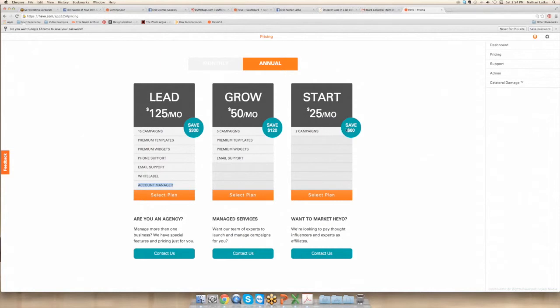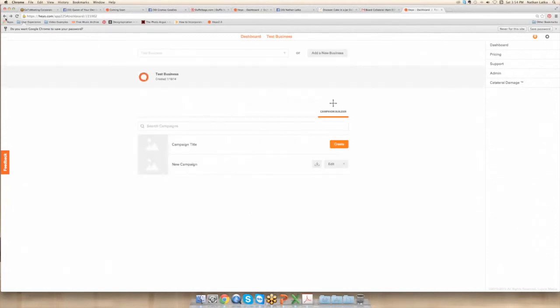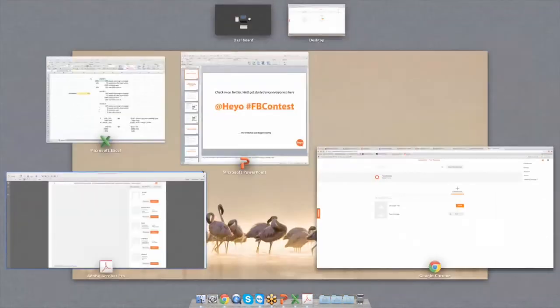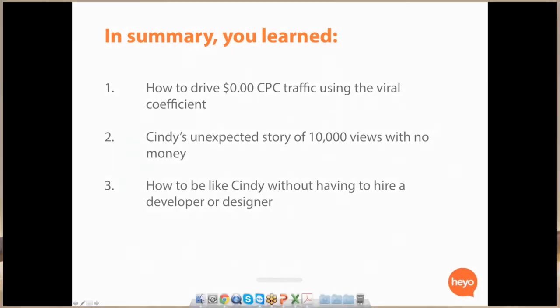Okay, great. And the start campaign that you see here, guys, is a great place to start. So it's $25 a month, billed annually, and you can build up to 2 campaigns. All right, but you won't get the premium templates or the premium widgets, and it will say powered by Heyo. So you can go here and select one of these plans, and you can update your account just like that. If you choose to do that here on the webinar, and you're just starting out, again, we will build out your first referral campaign for you, since that's what we are focused on here during the webinar. All right, we'll build that first one out for you.